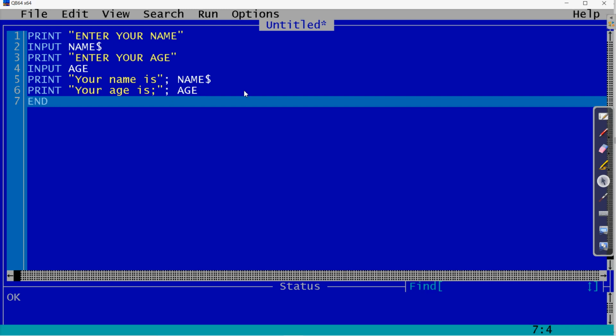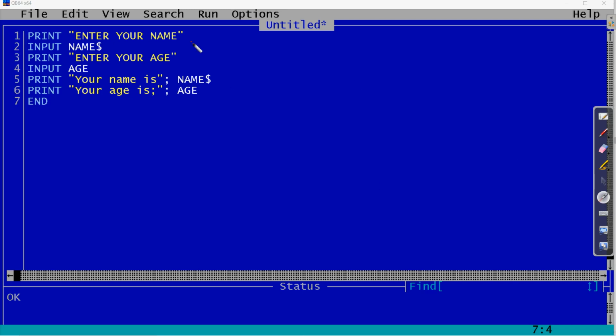So what the program is doing, let us see each of these lines first. So first line is enter your name. It is only giving you a message. Clear? So it will give you a message that enter your name. And this name will now be taken as input in a variable with name. As it is a string, that is why we have used the dollar symbol. Then the next is you are taking age from the user. So for that we have written a message enter your age, and then it will input and save this number in the age.